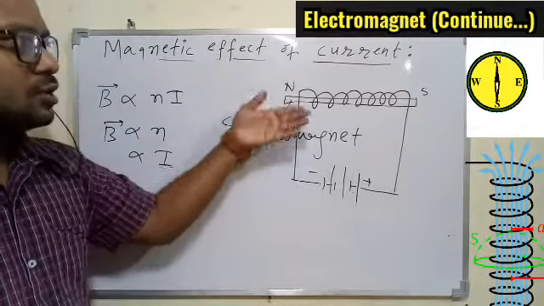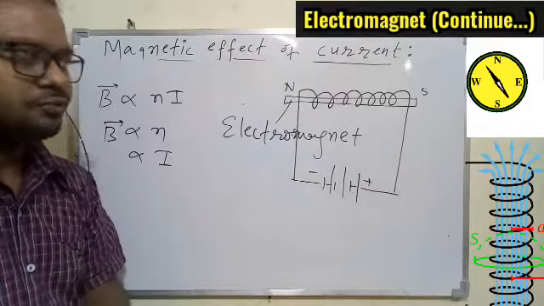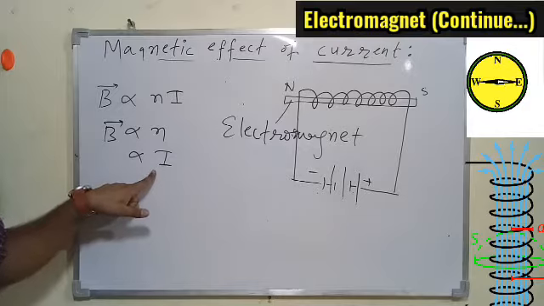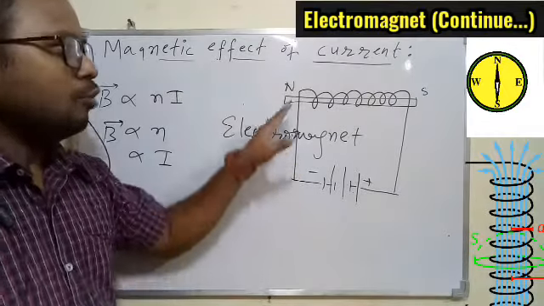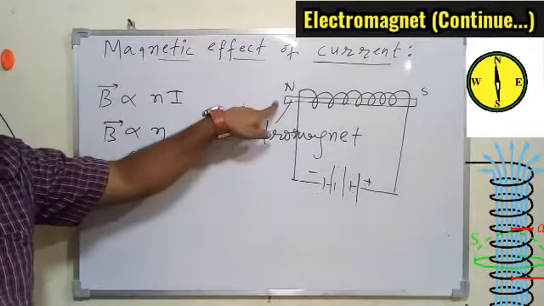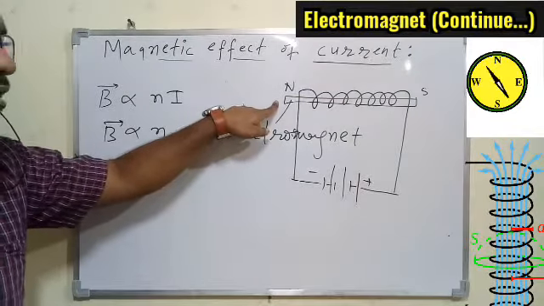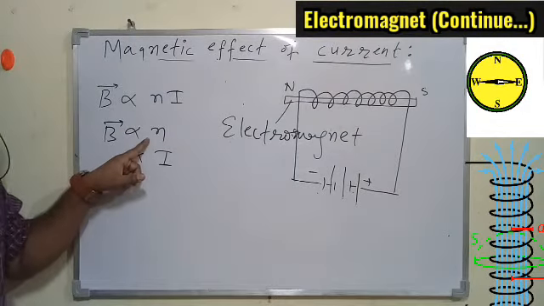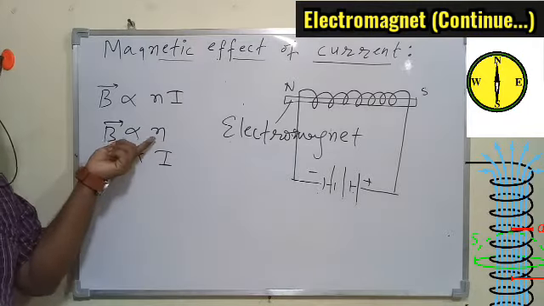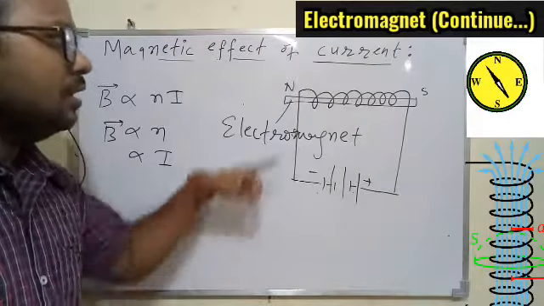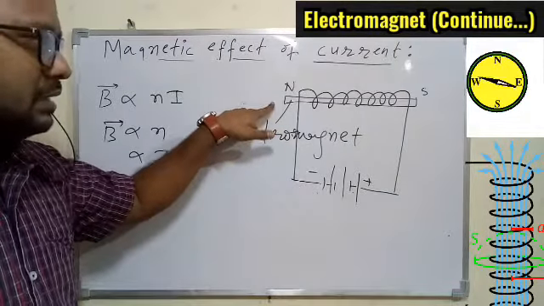So we understood the solenoid will produce a stronger magnetic field if we increase the current. So more will be the electric current flowing through the circuit, more will be the strength of the magnetic field within the coil. What will happen finally? The electromagnet will be quite a strong magnet. Same thing is there, like if we have to increase the strength of the electromagnet, we can increase the number of turns per unit length. So if the loops are very close to each other, what will happen? The strength of the electromagnet will increase.